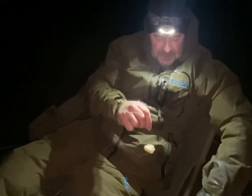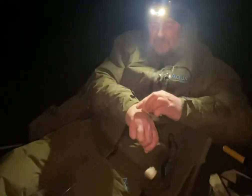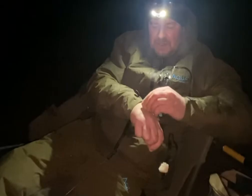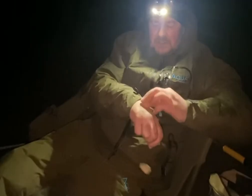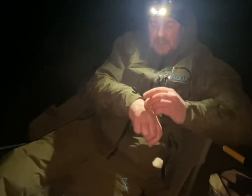Then get your paste. This is a milk protein paste, which has got, oof, it's that cold, even this has gone stiff. It's made from several different types of milk protein: sodium caseinate, calcium caseinate, acid and rennet casein, different meshes, and I buy them all in small amounts, just for my chub fishing in winter. And I've really kind of got this paste sussed now. It's also got some soluble fish meal in there and some liver